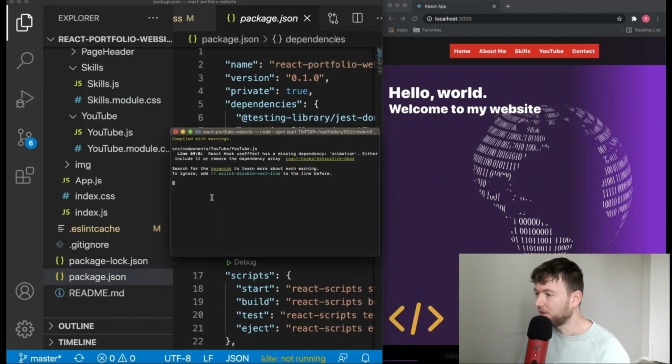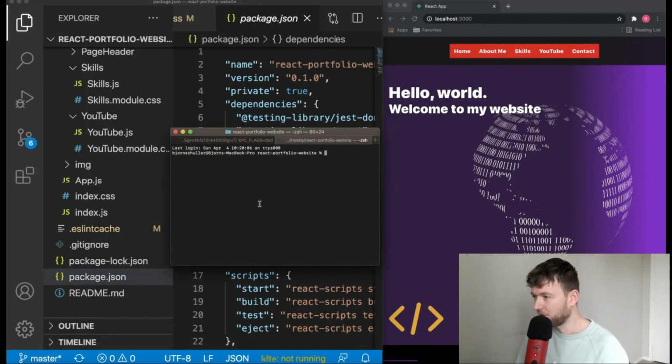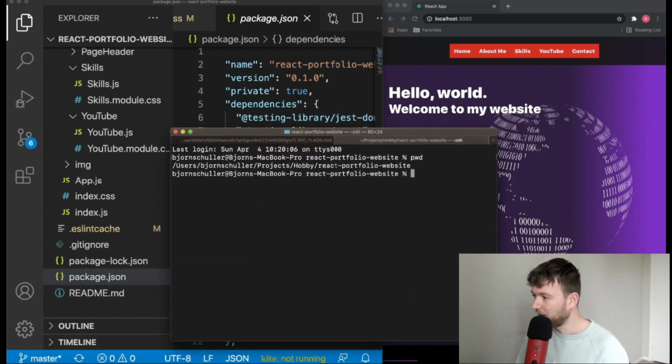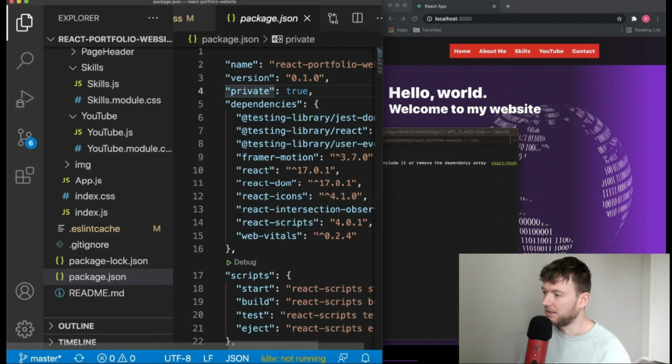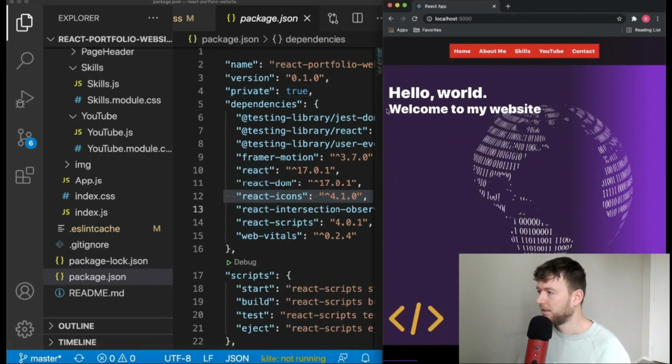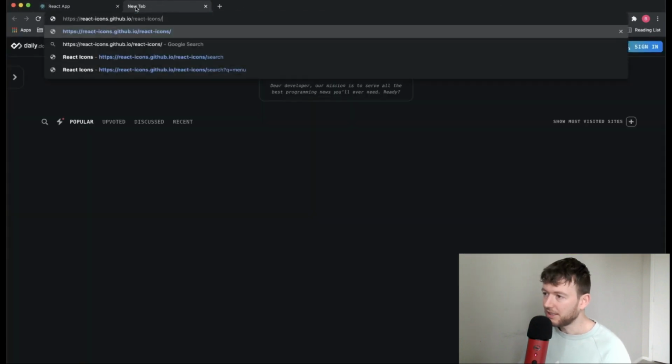But if you need to install it for the first time, then you go to the path where your project is stored inside the terminal. And then you type in npm install react-icons. And when you press enter, then React Icons will be installed. And you eventually see it in your packages.json. So you see a line like this. Alright, now once you have installed that, you can go to